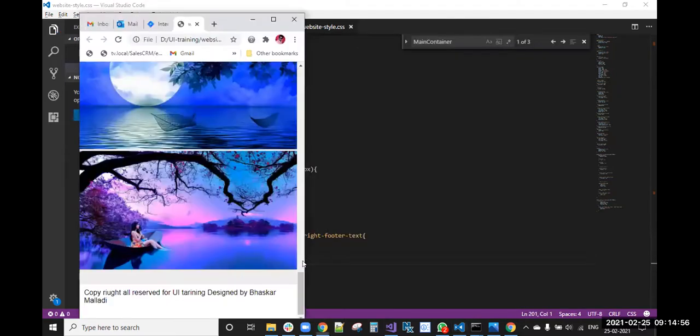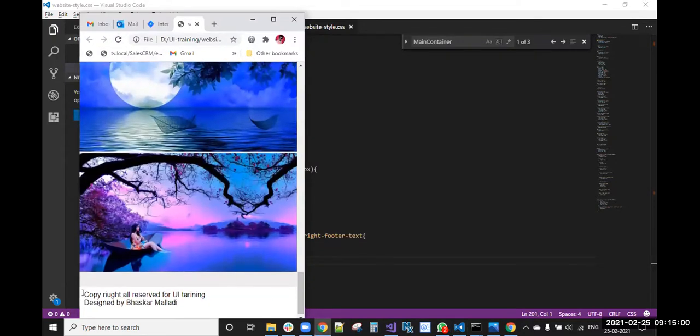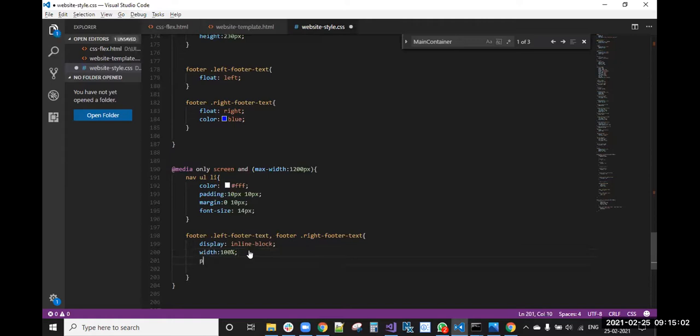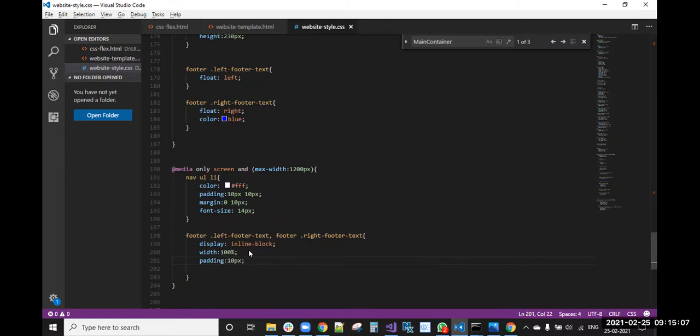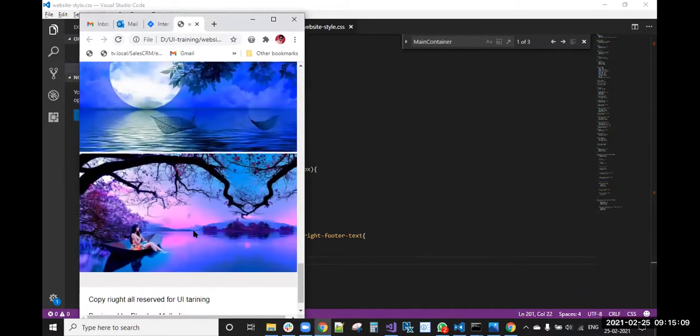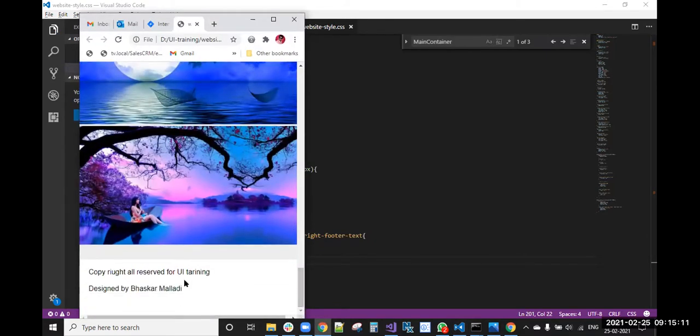Okay, done. Now we'll see the footer text and we'll give some padding also. Some padding will look good. The text has come, right.